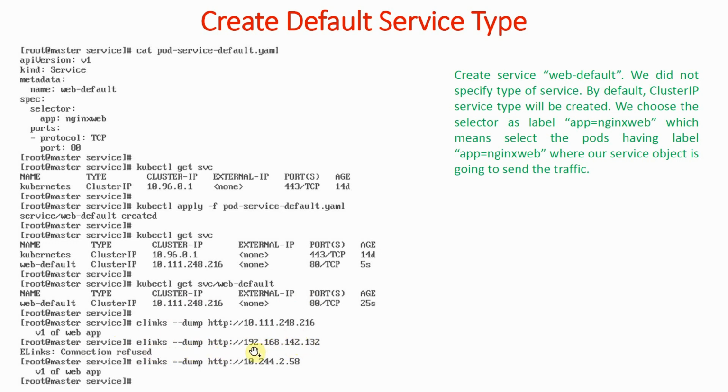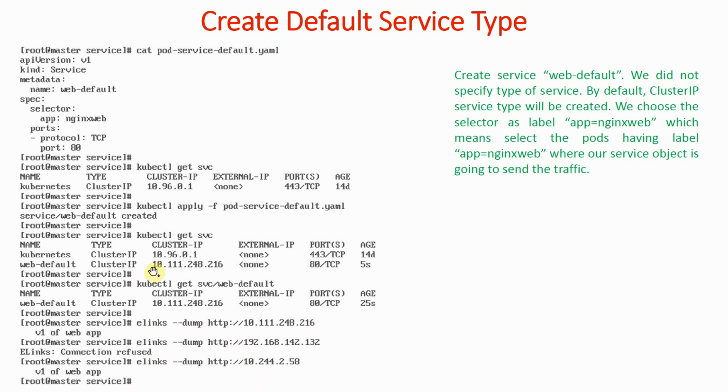Now when we try to access it, it is not allowed, because if the service type is cluster IP, external clients cannot connect. This is the address of our nodes, so we are behaving like an external client, and this is not allowed.